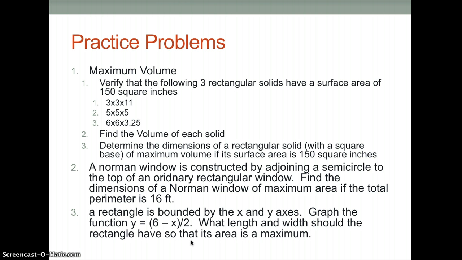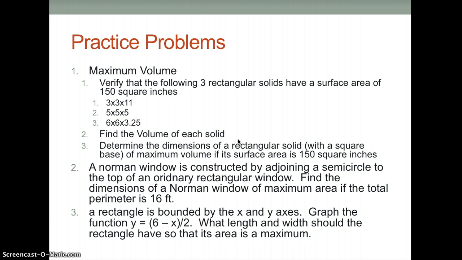These are your homework problems, so these I will be collecting when you get back. So if you have questions, you need to email and ask, or ask on Edmodo so others can respond to them as well. The first one is about volume. So it gives you three different rectangular things, and I don't have a picture for them, sorry, but picture them like the first box that you saw, and you're just verifying that they're 150 square inches. And then find the volume of each salad,